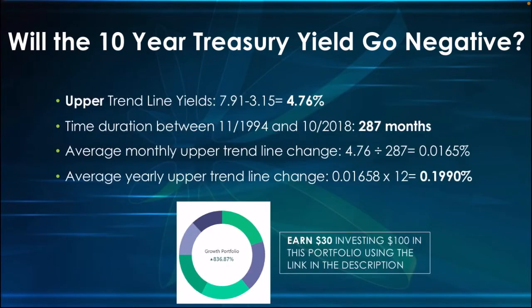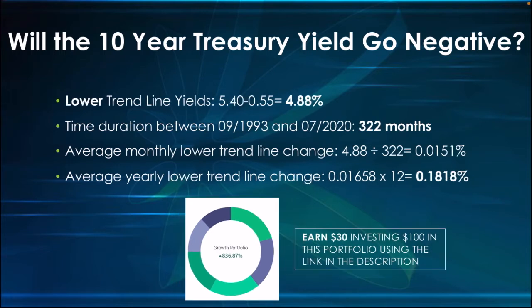The difference between the two data points on the upper trend line is a yield difference of 4.76% over a 287-month period of time. Now that's a 0.199% change per year, with the Treasury yield gradually going down for the upper trend line. The difference between the two data points on the lower trend line is 4.88% over a 322-month period. Now the change per year of the trend line going in the downward direction is